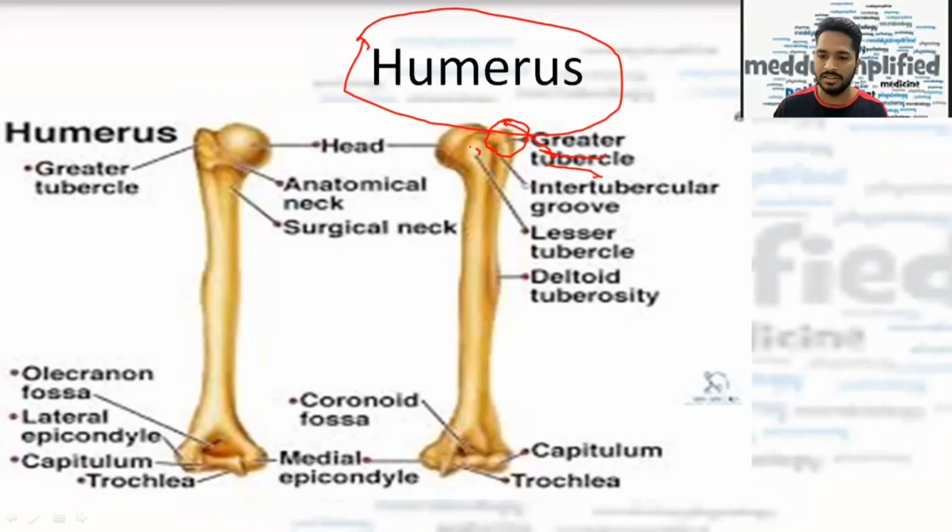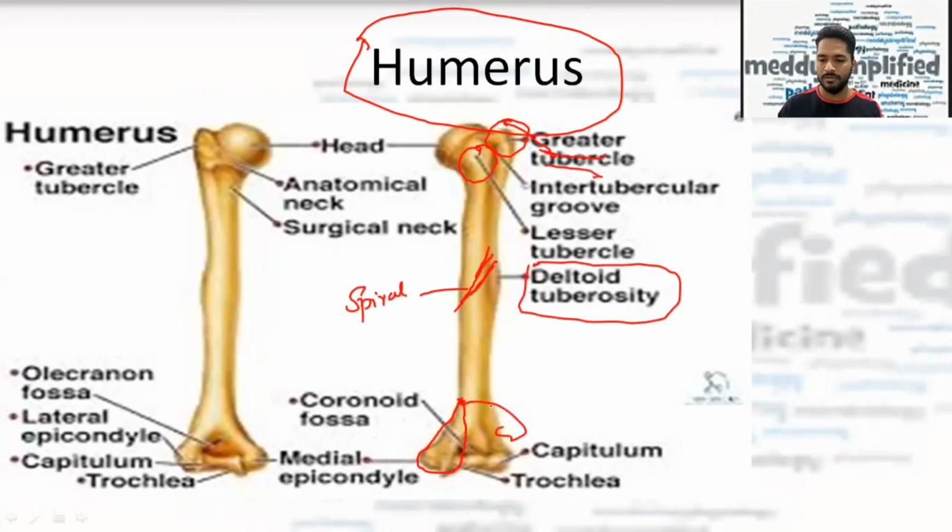right? Second is this, the lesser tubercle. Then there is this deltoid tuberosity. Then in the center, on the shaft of humerus passes a radial groove, right, which is also called the spiral groove. You need to know that. And then when you go distally in the humerus, this part, right, which is a bit extended as compared with this one. So if you remember the distal part, laterally and medially there is an epicondyle.